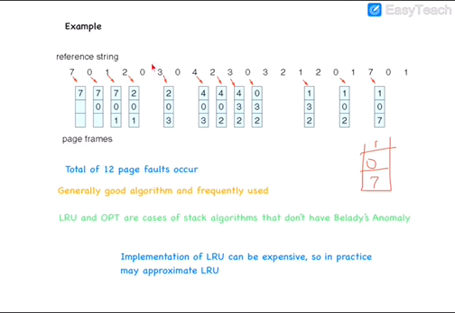Now whenever a page reference for 3 is coming in, memory is full again, so we have to replace a page. You can use a stack as I used, but you can see that whenever there is a reference for 3, 2, 0 and 2 are just recently used, and 1 is the last one, the oldest one. So we will be replacing 1 with 3. Okay, I hope you understood.